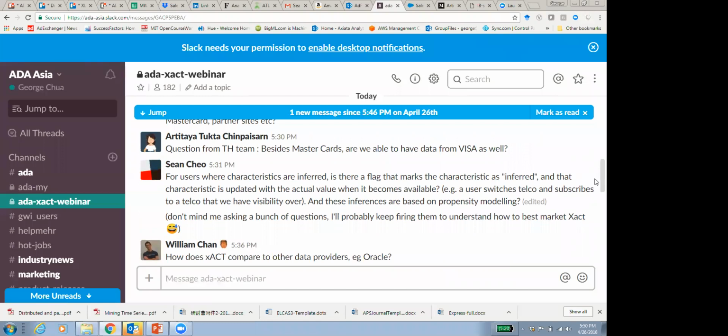Okay, so now the next question from Kun Atitaya. Right. Besides MasterCard, are we able to have data from Visa? Well, MasterCard and Visa are actually the same company, right? And yes and no. So now,